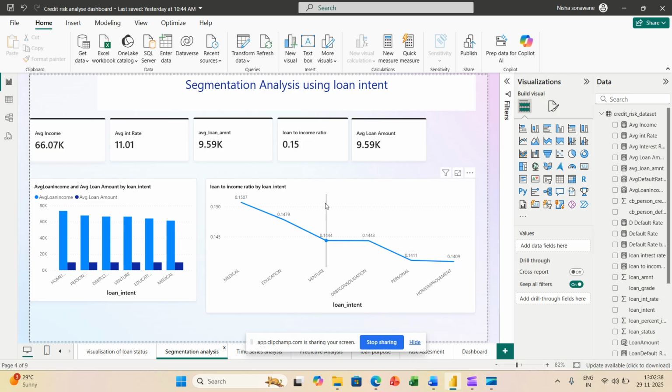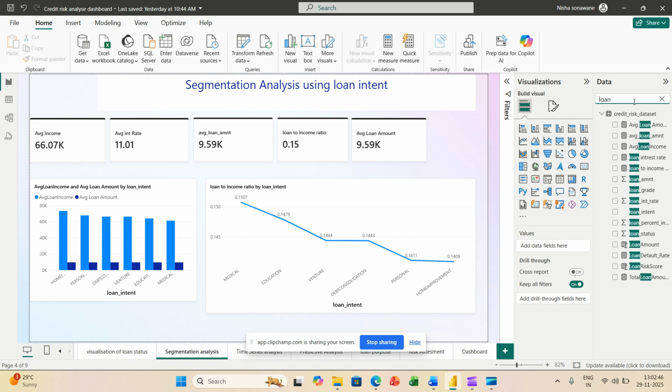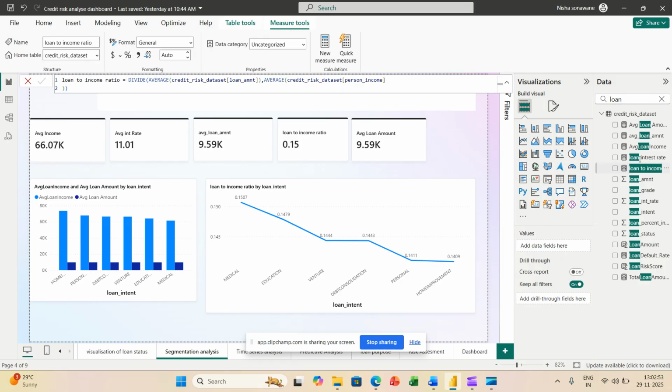To calculate the loan to income ratio, I show you a DAX. This is the DAX I created here to calculate the loan to income ratio.